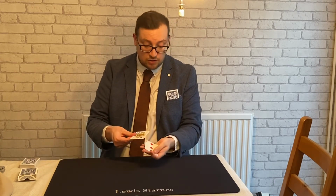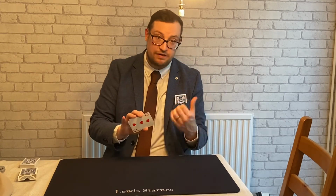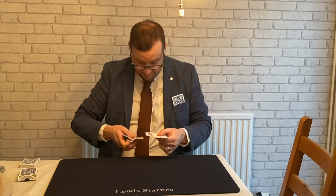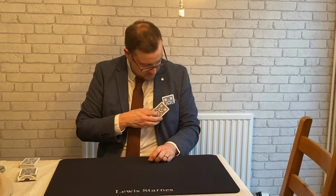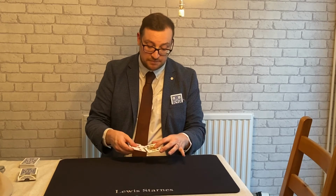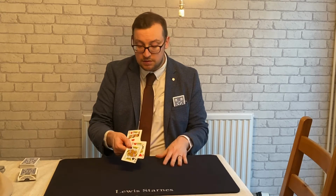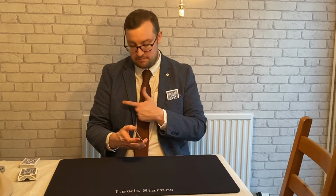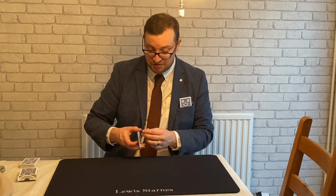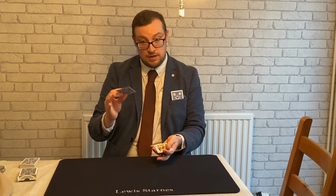And actually, when we have a little look through now, there's 2 kings. Look, I'll show you, there's the second king, just jumped out from that pocket. So at this point, we have 2 kings managed to escape from my pockets. Watch this one right here. Done. That becomes a 3, because we now have 1, 2, 3 kings. 4th one here. Have a little look. No funny business. Again, it seems impossible, but that would be not 1, not 2, not 3, but all 4